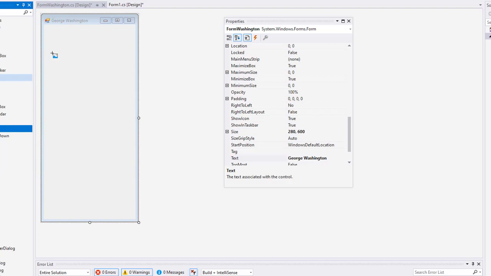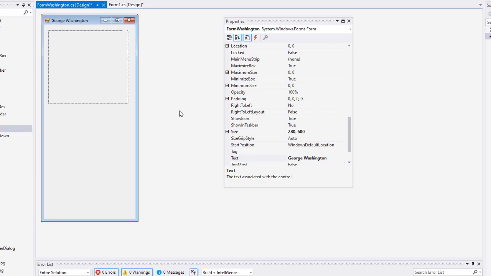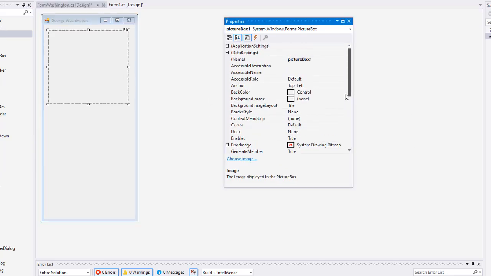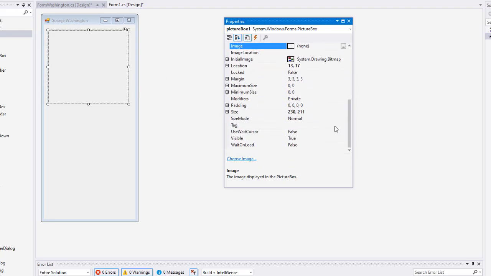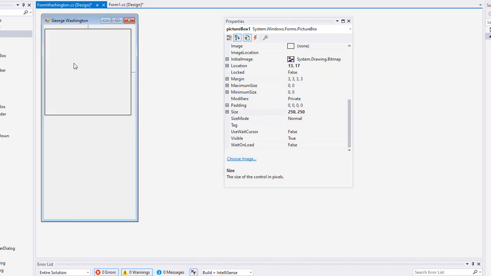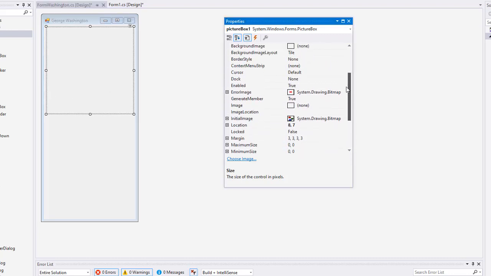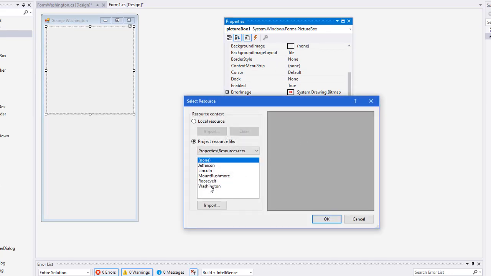I'm going to add a picture box. And the size of my picture box is going to be the size of my images, and that is 250 by 250. So I'm just going to come in here and set the size, 250, 250, and just position it. You can use the cursor arrows. I want it kind of centered, just a slight margin, kind of all the way around, left, right, top, about the same. And let's set the image to that image of Washington. So I can come to the image, and I can choose Washington,